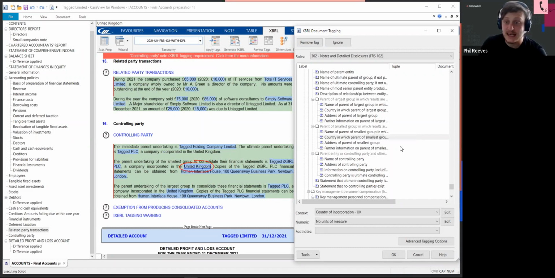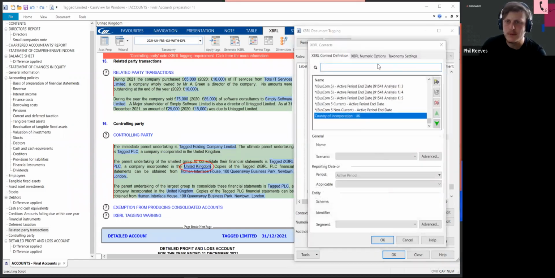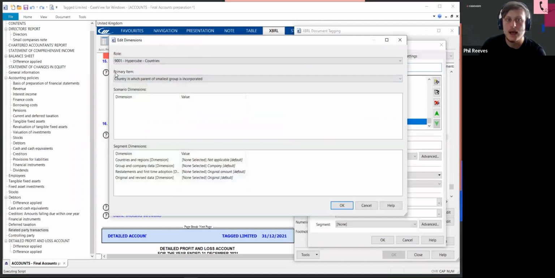So when it comes to tagging this, find the right tag, right click and select new dimensional context. The reason we locate the tag before right clicking is because the primary item and the hypercube which we use to apply the tags will be correct, because it's picking up from the existing tag that we've selected. Now, in this instance, all we would do is go to the country and region, and we